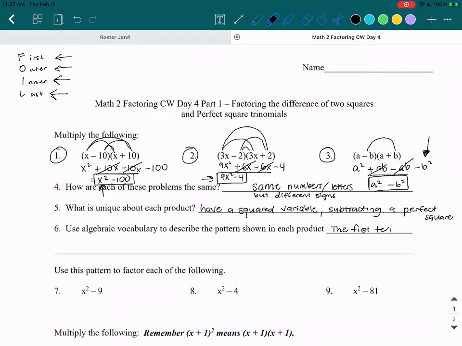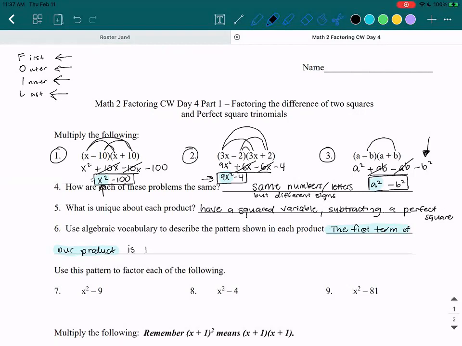The first term of our product, and I'm going to highlight that in a certain color so you know what I'm talking about. So the first term of our product is like the x squared or the 9x squared or the a squared. So that's the first term in our product